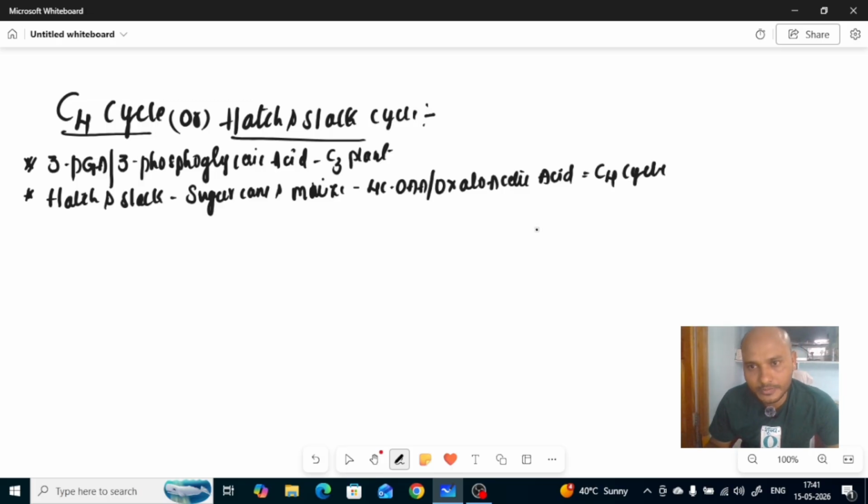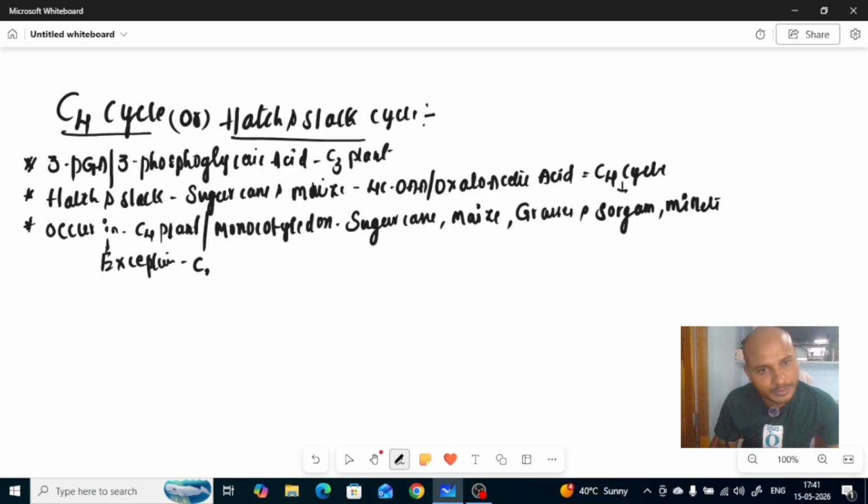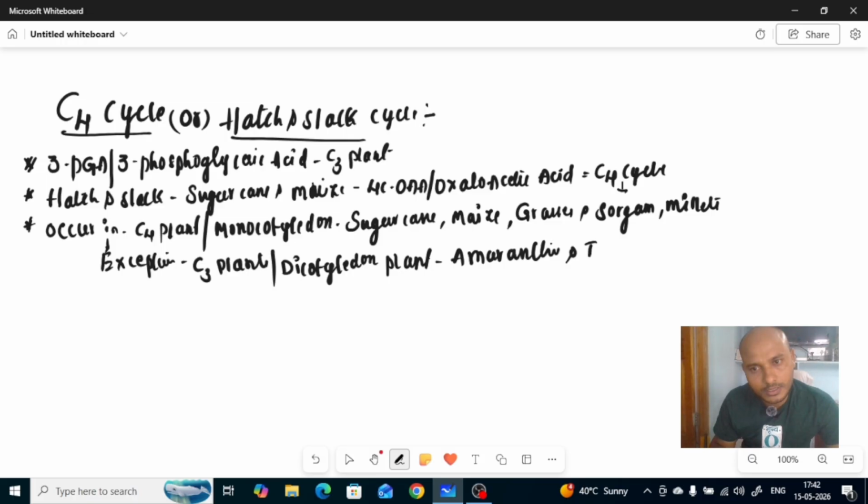The C4 name came because the first stable photosynthetic product is a 4 carbon compound, that is oxaloacetic acid. Generally this C4 cycle occurs in C4 plants, also called monocot or monocotyledon plants, like sugarcane, maize, grasses, sorghum and millets. But there is an exception. The C4 cycle also occurs in C3 plants, also called dicot plants, like amaranthus and also in